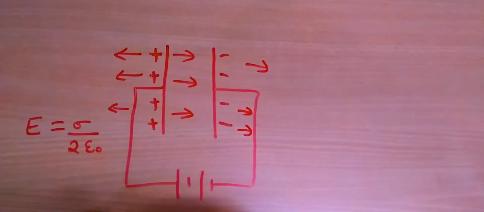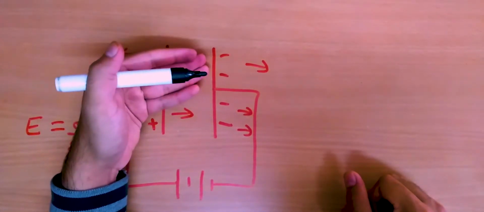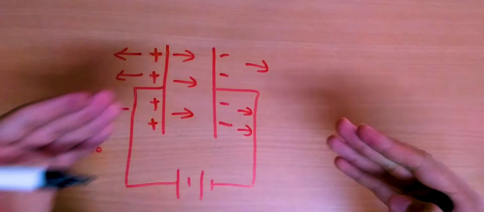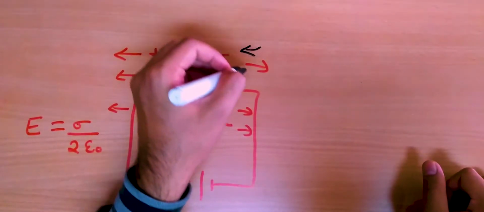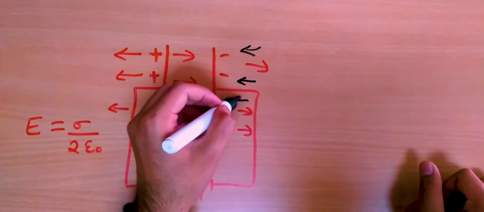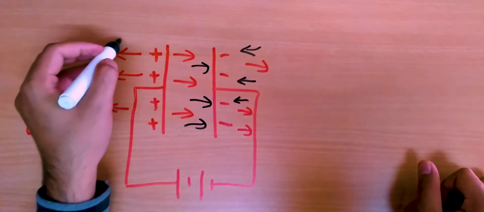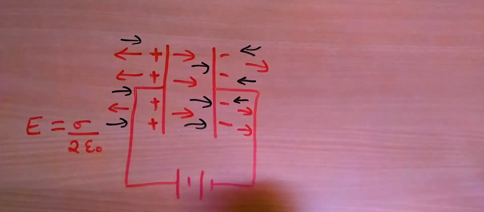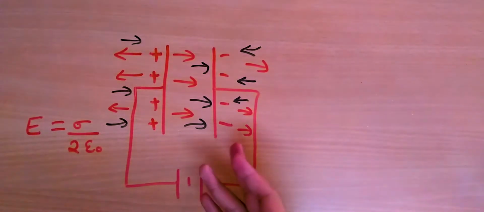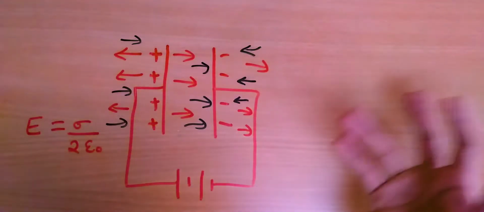Now if I look at the electric field due to the other plate, which is this negatively charged plate, because it is negatively charged, the electric field will be pointing towards the plate. So it will be pointing towards the plate like this here. It will be pointing towards the plate even in this region, and again in this region. Now, as we know, the electric field does not depend on the distance from the plate. The electric field is the same everywhere, right?